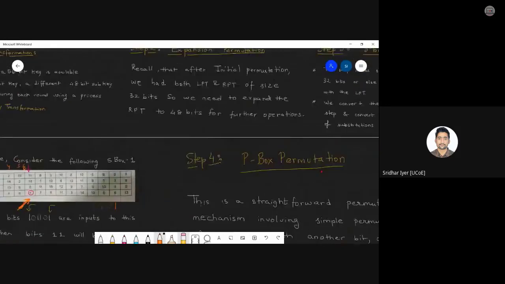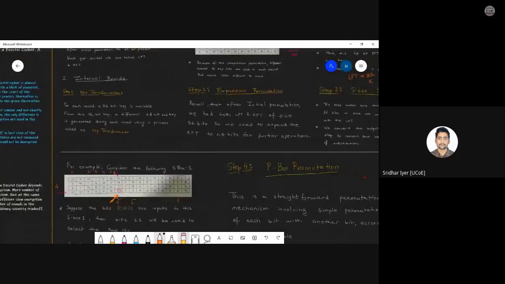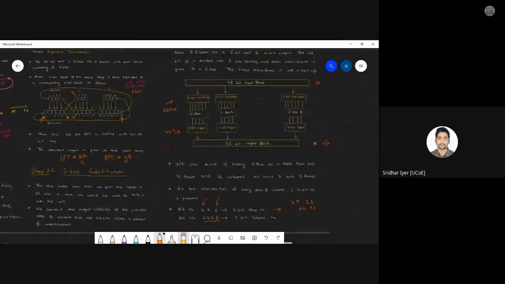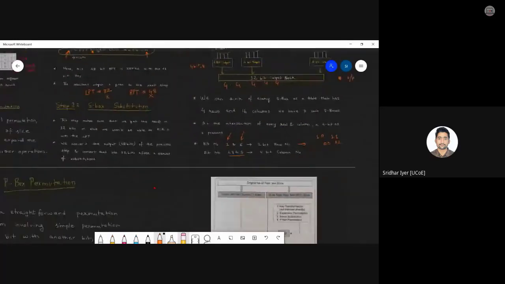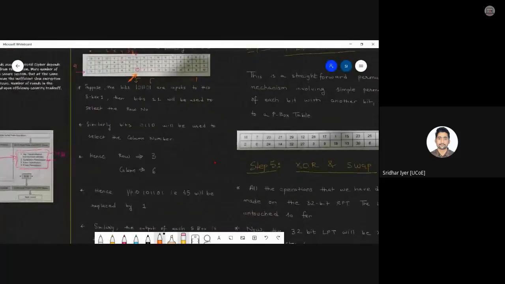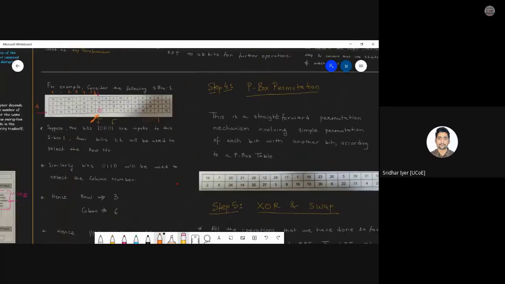So now you will tell me that we have got a 32-bit value. So what is the need to go any further? Well, we are still not satisfied with the accuracy. We are still not satisfied with the strength of this cipher. So we are adding one more step. It is not additional. In fact, you have to do one more final permutation over here. This is nothing but P box permutation.